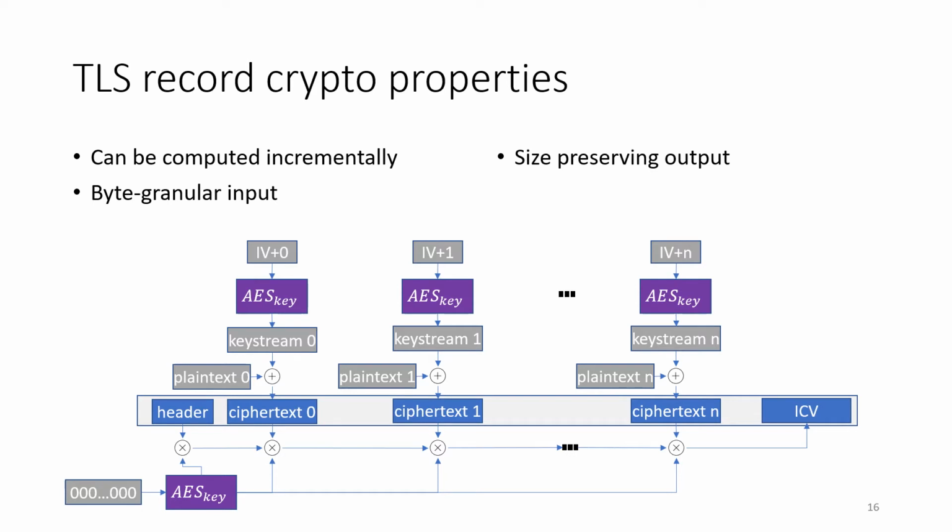Third, encryption is size preserving, as each byte of input corresponds to exactly 1 byte of output, and this enables us to process TCP packet payload in place. Finally, encryption is independent across messages, as it depends only on the key and IV. This will enable us to recover efficiently from loss and reordering.